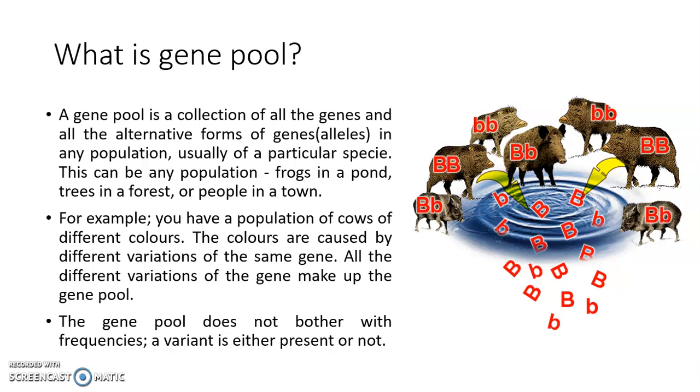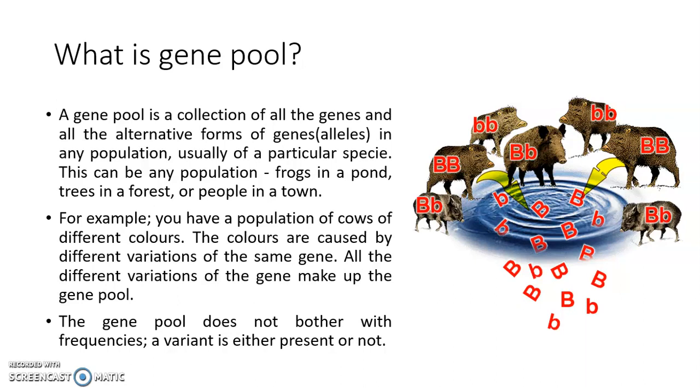In the previous lectures, we started the topic of biodiversity. We saw what biodiversity is, what the types of biodiversity are, and how we can measure biodiversity at different scales. Today, we will be talking about the gene pool, and first of all, we will see what the gene pool is. The gene pool is basically the collection of all the genes and all the alternative forms of a gene that are present in a population or in a particular species.